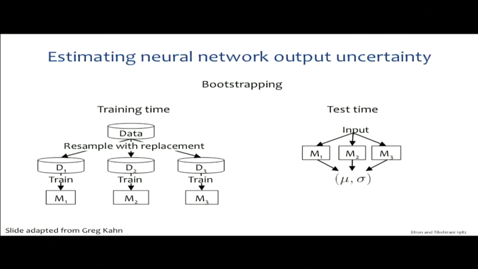So here, when you use the bootstrap, how many bootstrap networks do you need to actually store the weights for? So I'm not exactly sure how many they used in this method. In practice, one thing that people do is instead of training an entire new network on all of the data, they'll just have each bootstrap be over the final layer of the network or the last few layers of the network, whereas the top layers of the network will be shared. So then you don't have to store as much, and you don't have to do as much repeated computation at test time when you want to compute these statistics.